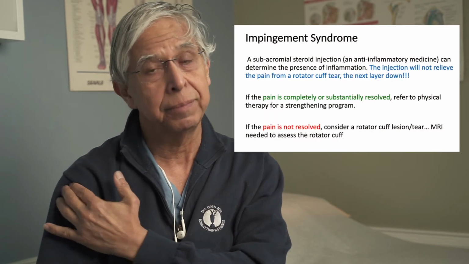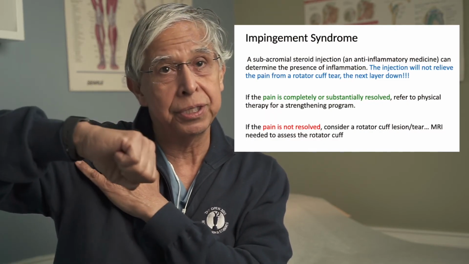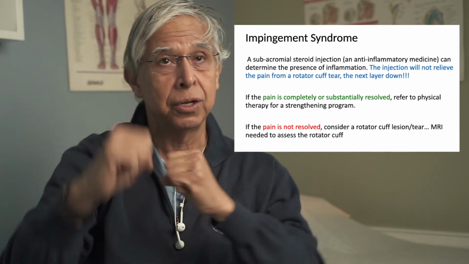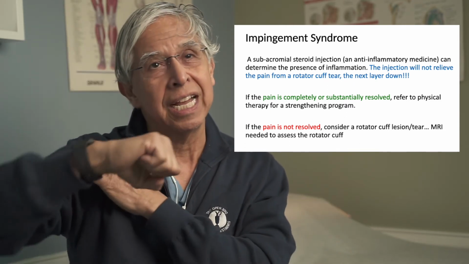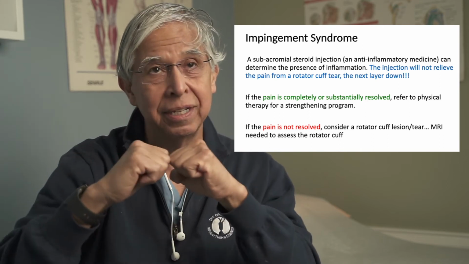So let's talk about impingement syndrome. Impingement syndrome obviously is impingement when two pieces of bone come together. Which two pieces of bone? The corner of the shoulder and the greater tuberosity, which is a bony prominence on the humerus. Okay? When you bring your arm up in this position, you're bringing that greater tuberosity underneath the corner of your shoulder and you're pinching the supraspinatus tendon, perhaps even the infraspinatus tendon,